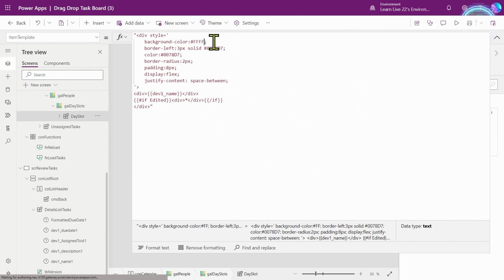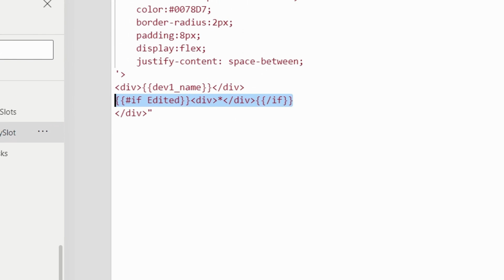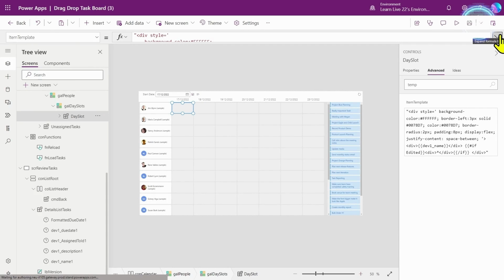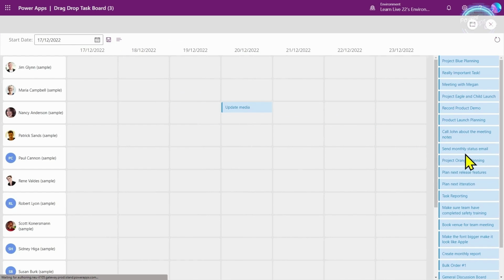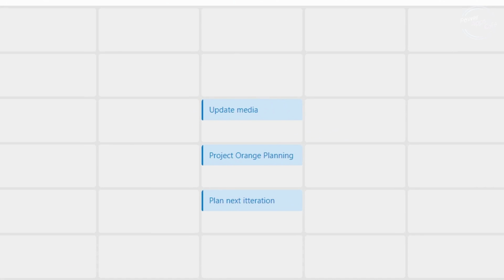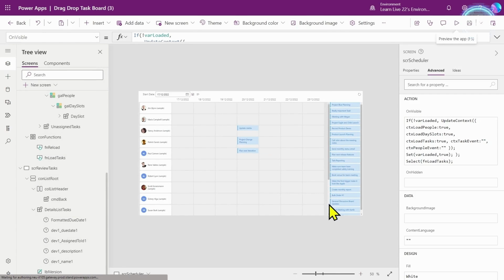But say I wanted it to be white when we drop it. And I also wanted it to have this kind of edited flag here to say that when I've moved it between a particular drop zone or moved it back to the unassigned, it showed this little asterisk. That means that every time I move it, it needs to re-render. What we do is, if we look at this and I move it, you can see it's not doing that. It's not changing to be white because there's nothing happening. It's not re-rendering. If I refresh this, also nothing's happening because there's no change being made to the actual collection that then causes a re-render.